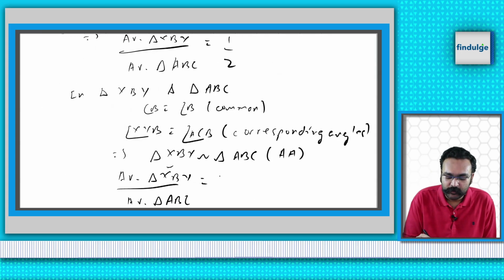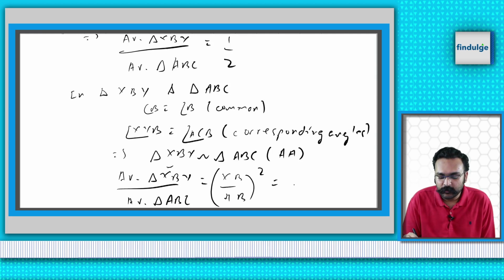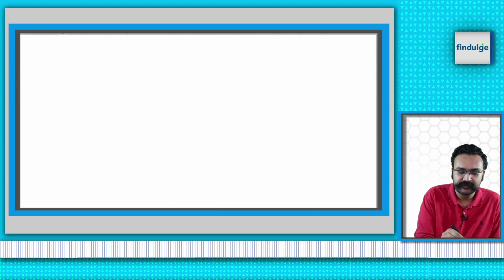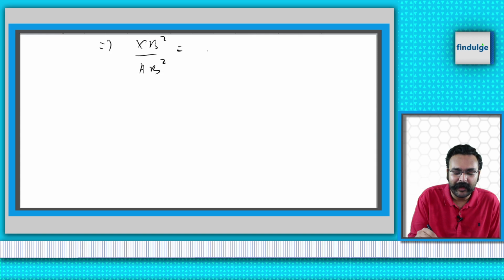Now, this is equal to XB upon AB whole square, which is of course equal to nothing but 1 by 2. So now if XB upon AB whole square is equal to 1 by 2,